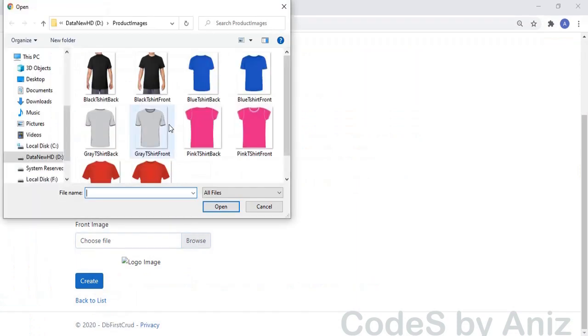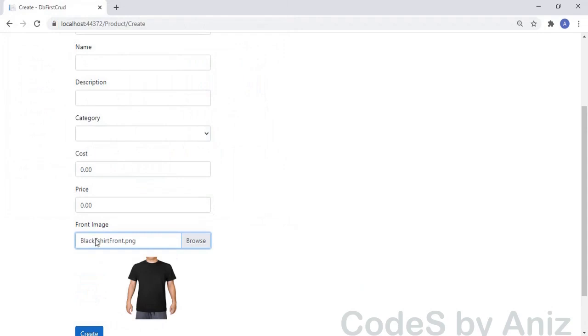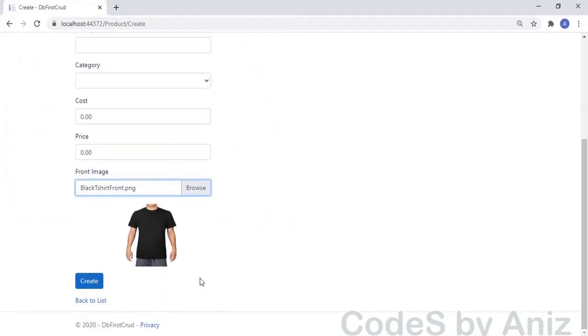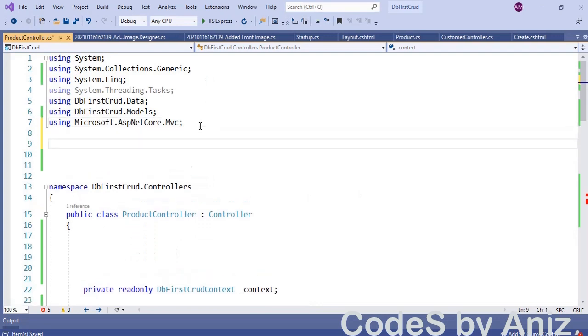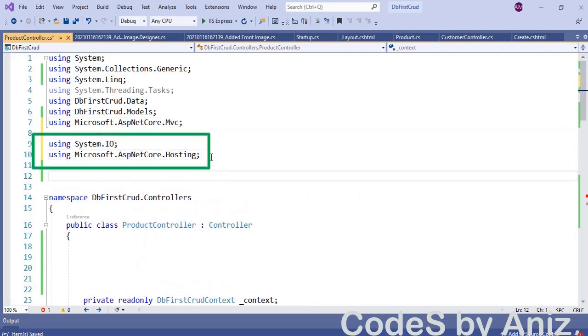Now click the browse button and select the image. This time the preview of the selected image is loaded to the front image preview control. And then go to the product controller and include two more namespaces in the using section. The namespaces are system.io and microsoft.aspnetcore.hosting.